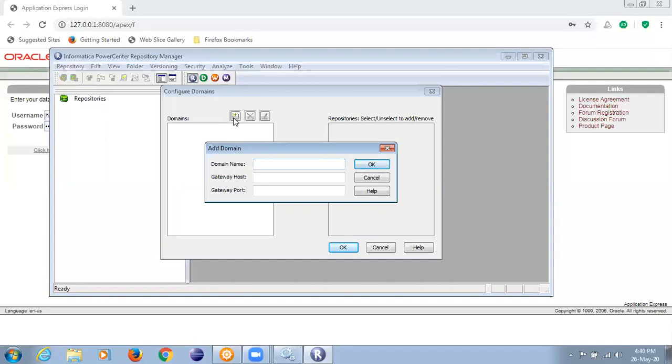If I remember well, type in capital D, Domain, capital D Domain, underscore, Preeti hyphen PC. Preeti not in uppercase.